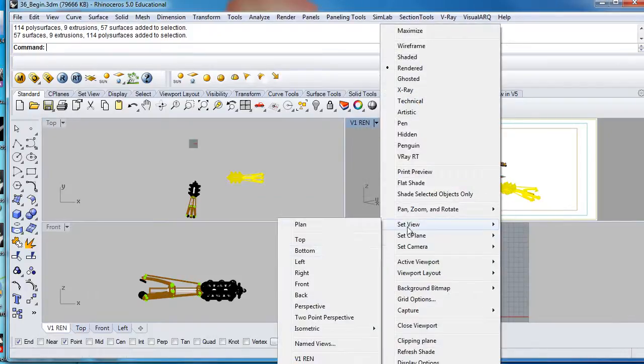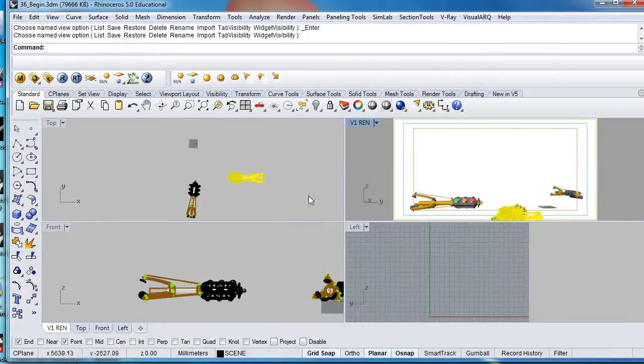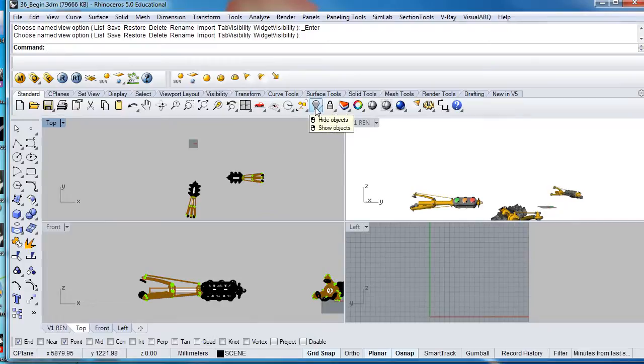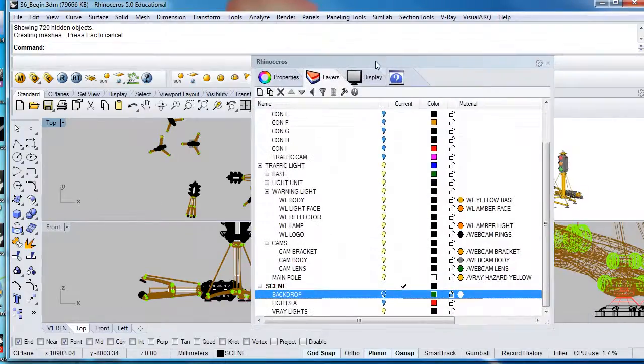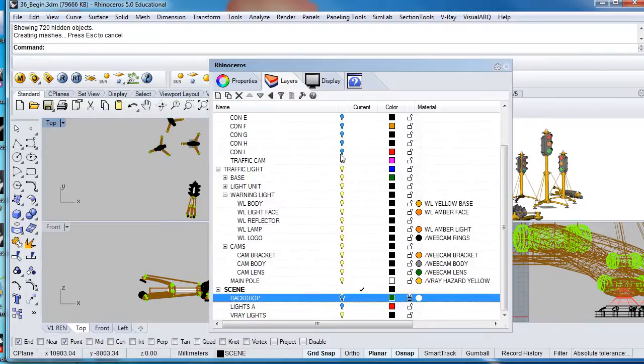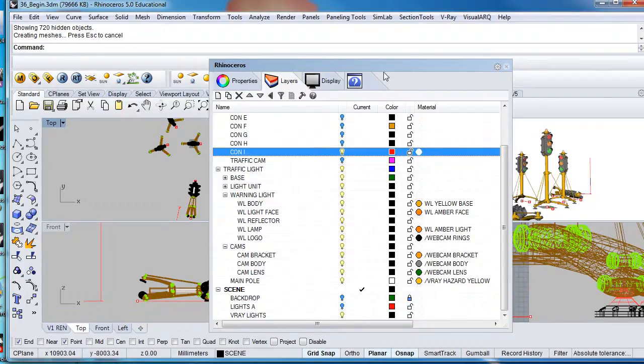So we'll scroll down just out of habit to bring our final view selection up, right click to show our objects on the light bulb icon. There we go, that's everything in the space. And if we can just bring up our layer manager and re-switch on Con Layer I,